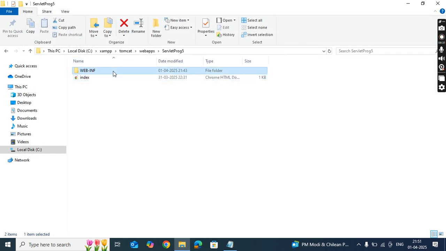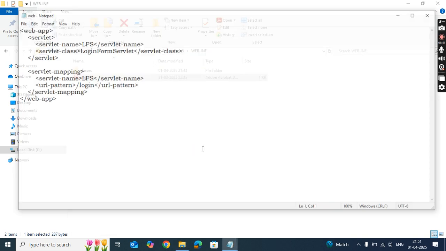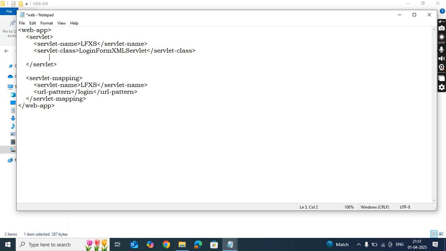And in WEB-INF, first we can write the web.xml file. Let me write the web.xml file, and later we can change the class name also. So login form data, as well as login form XML servlet. Here we are reading the data from the login form as well as XML, right? Simply, you can use any class name. Here I'm using these things, and to create initialization parameters,